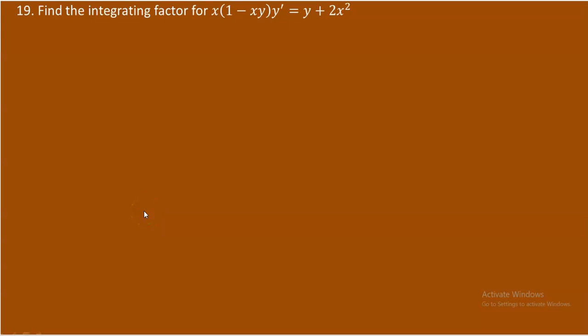Okay, dear students, now comes question number 19. It's about integrating factor. So before we calculate the integrating factor, let's talk about what integrating factor is. As we discussed up to now, whenever in a given differential equation, treating the coefficient of dx as M and the coefficient of dy as N, once it is written as M dx plus N dy equals 0